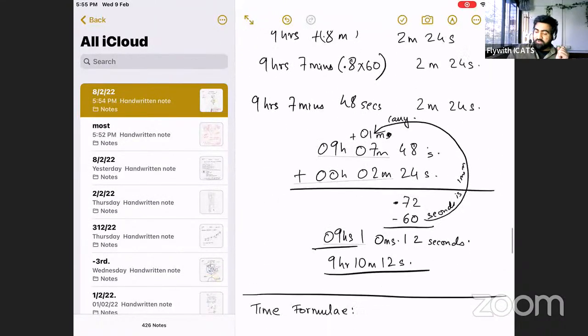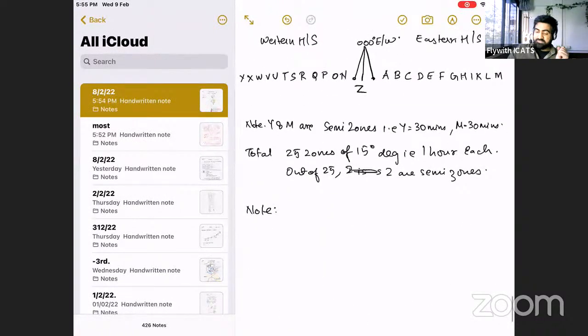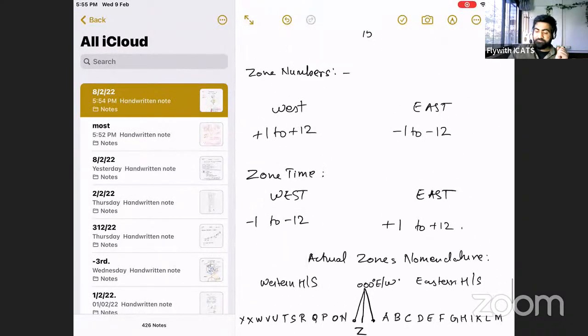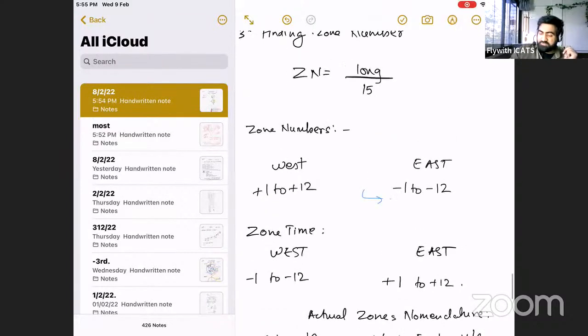I also want you all to remember these zone numbers. Zone numbers are given -1, -2, -3 in the east, while zone time is plus. So why is zone number minus? Because zone number with respect to this -1,